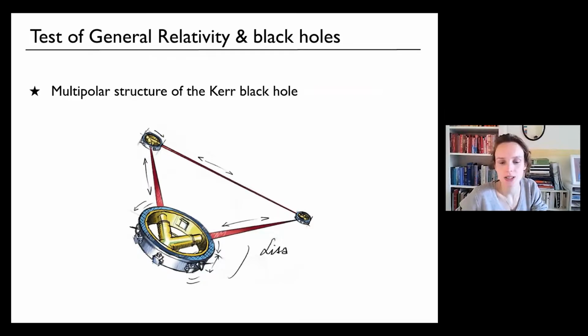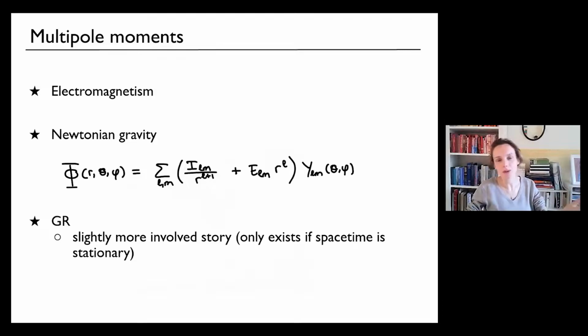So the key question is, of course, if we do measure the multipole moments of these sources, what does it tell us about the sources? How well do they constrain what the objects are? And multipole moments, we love them, right? We have used them in many fields of physics. We use them all the time in electromagnetism and Newtonian gravity as well, where we have these internal multipole moments that decay as the radius gets large, and the external multipole moments that